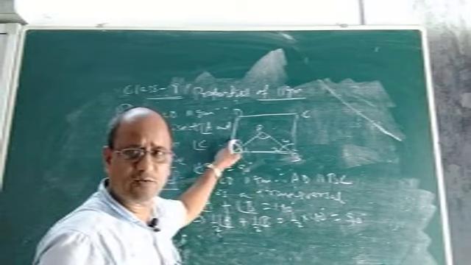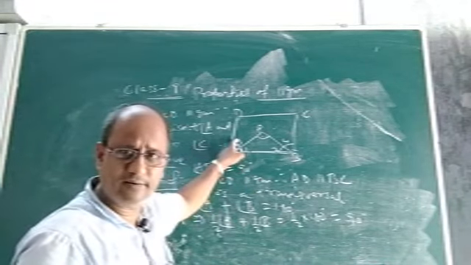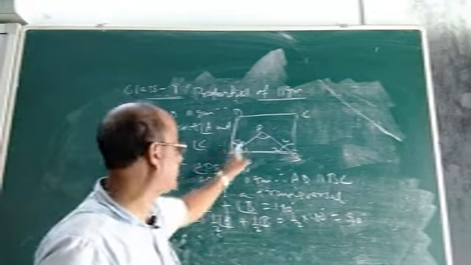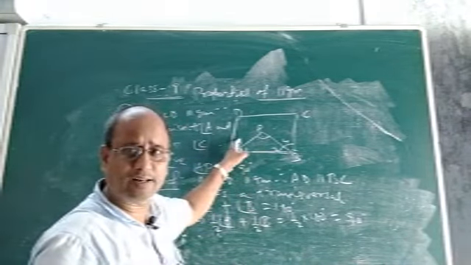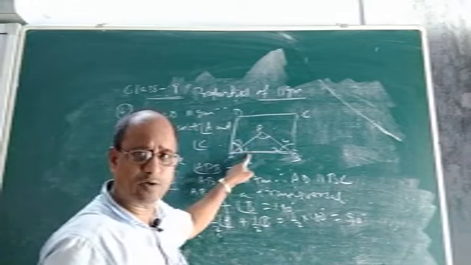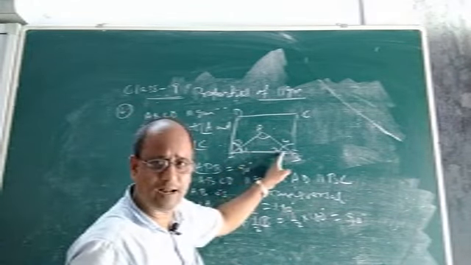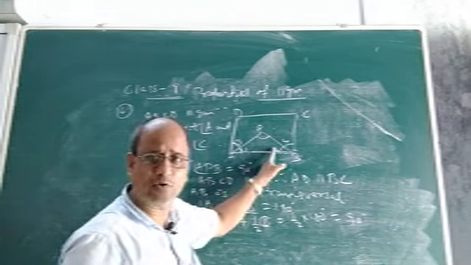Because angle 1 and 3 are equal. Angle 1 and 3 are equal, it is given. As angle 1 and 3 are equal, because AP is the bisector, so angle 1 equals angle 3. If angle 1 is equal to angle 3, then half of angle A will be equal to angle 1, and similarly, half of angle B will be equal to angle 2.